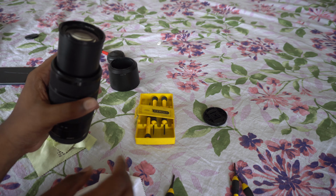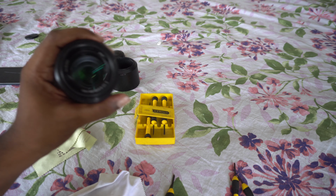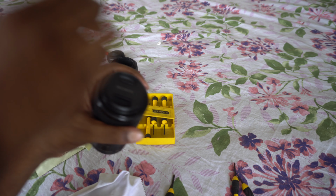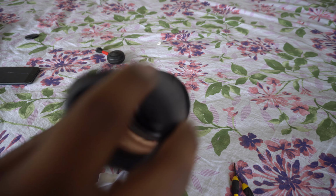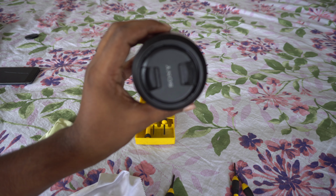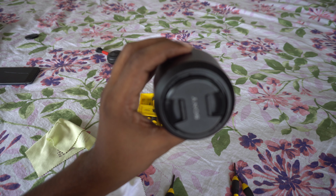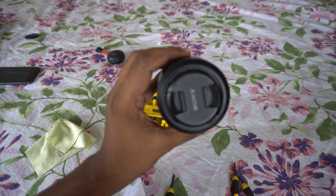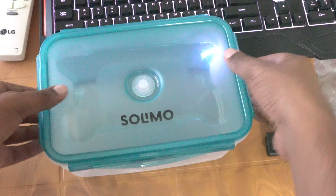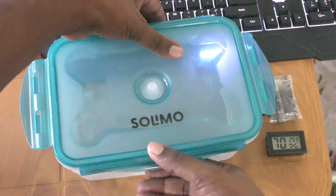Now the lens is clean. I took out the fungus. Another thing you should keep in mind is I was able to get rid of the fungus this way, but it's better to not have fungus grow in the first place. So I've gone by Sony's recommendations on their website and